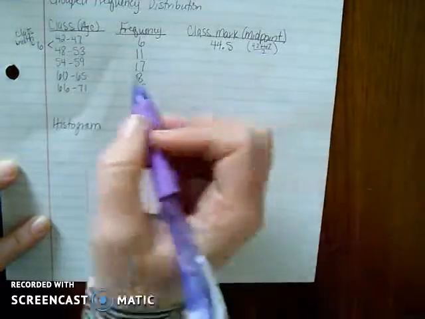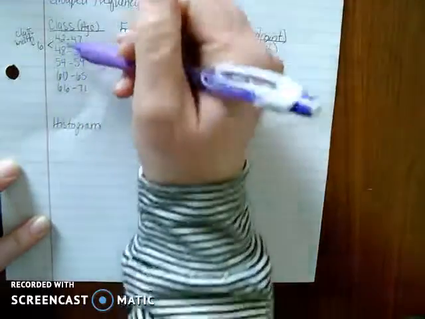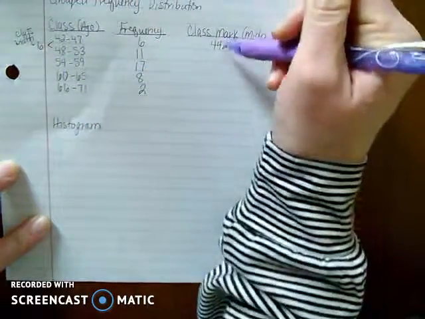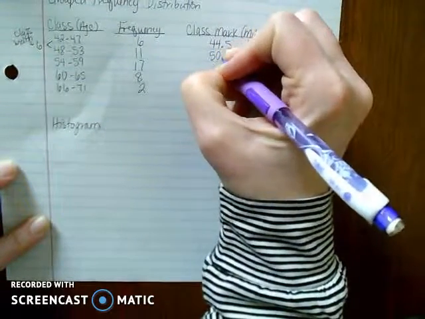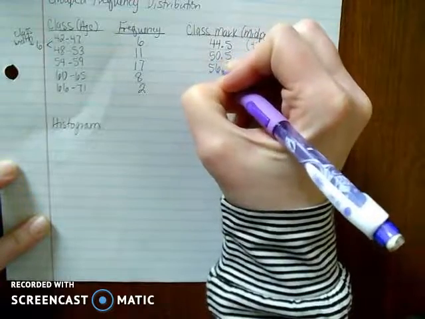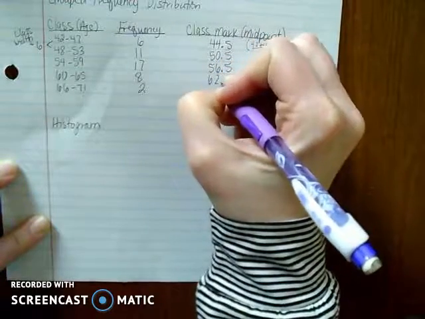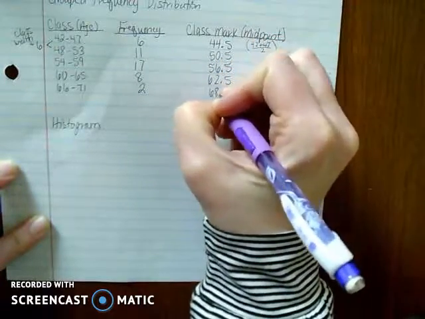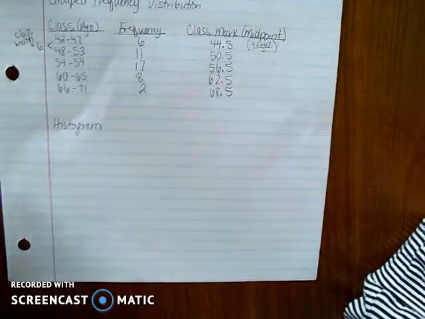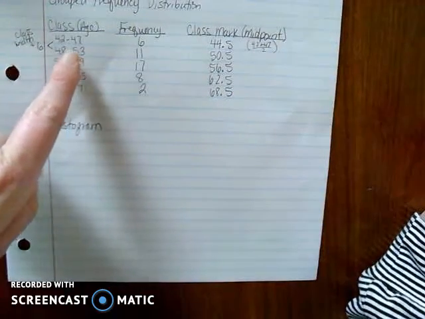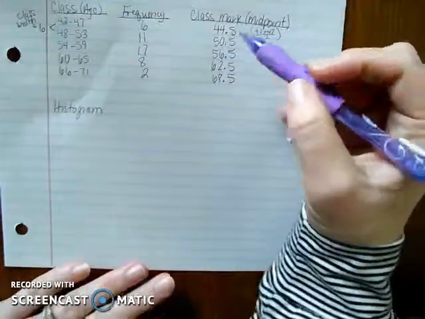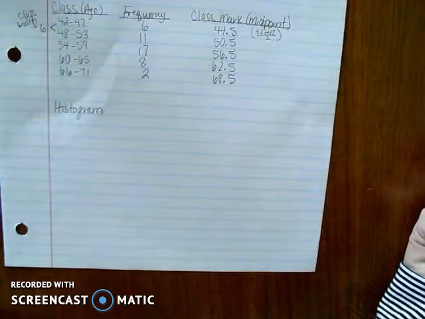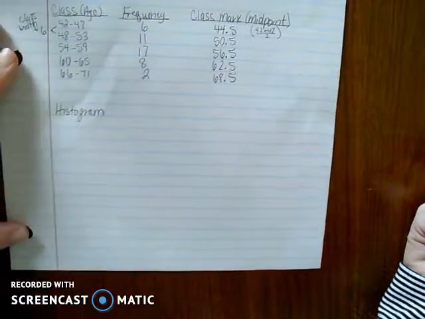Now here's the great part, is you don't have to do that for all of them. Since these numbers differ by 6, these numbers are also going to differ by 6. So you just need to add 6. So 50.5, 56.5, 62.5, 68.5. And if you just want to double check, then do that. 48 plus 53 divided by 2, you're going to get 50.5, so on and so forth. So these numbers, the class mark or the midpoint, are what you're going to use as your label for your